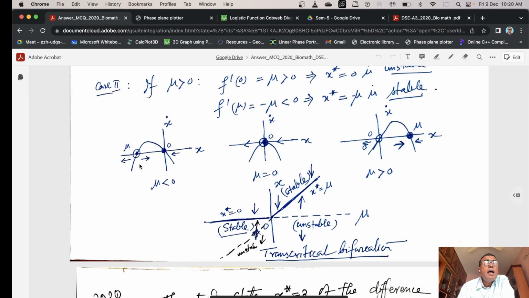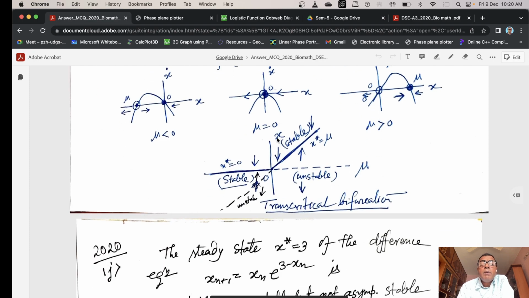0 is stable and mu is unstable. When mu equals 0 it is half stable, or semi-stable, and for mu greater than 0 we get two equilibria: mu is stable and 0 is unstable. So if we plot the mu axis along the horizontal axis and x along the vertical axis,